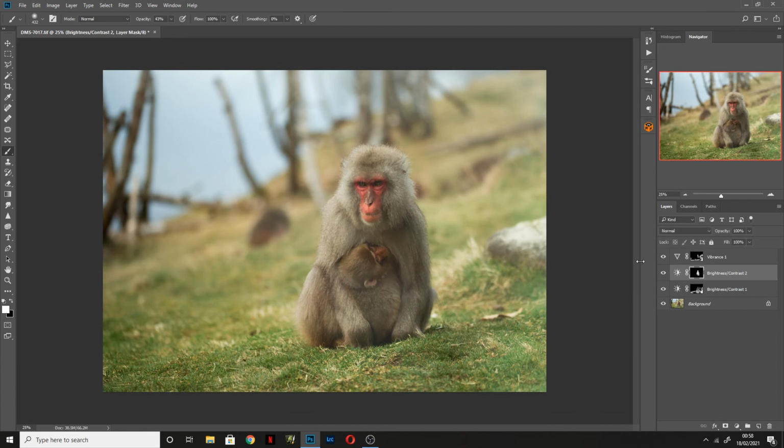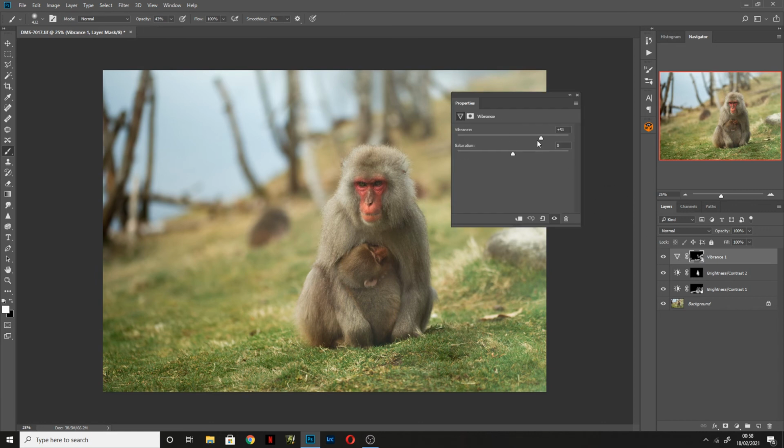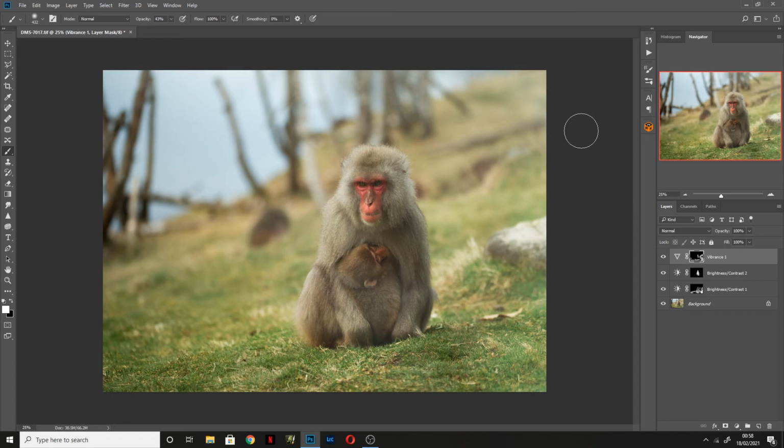So very quickly we can start making adjustments to just specific parts of the image. And with just 3 adjustment layers, we went from a bland photo, added some contrast, added some brightness, and added a little bit of vibrancy. Let's make it a little bit more. There we go. Now I want to give this a little bit of depth to the colour, to the contrast,